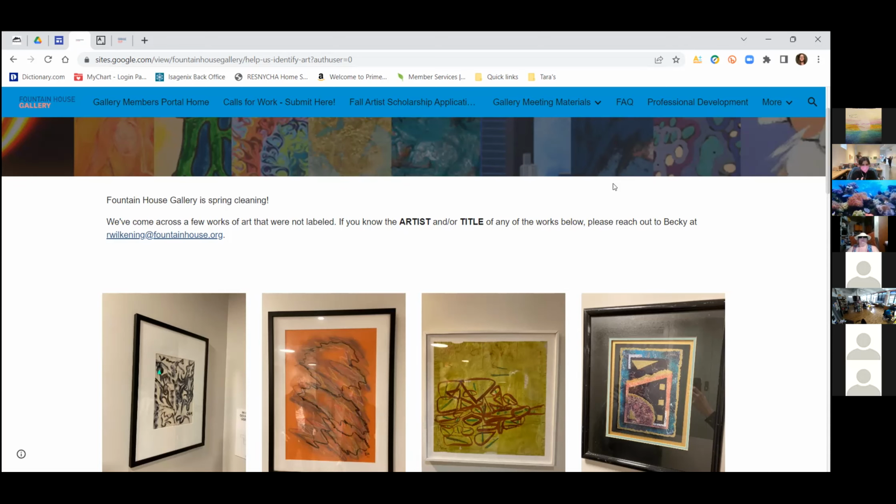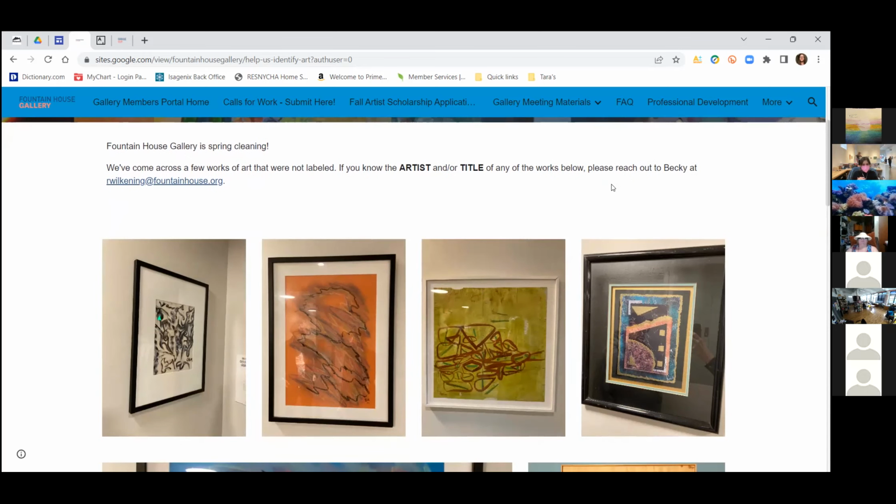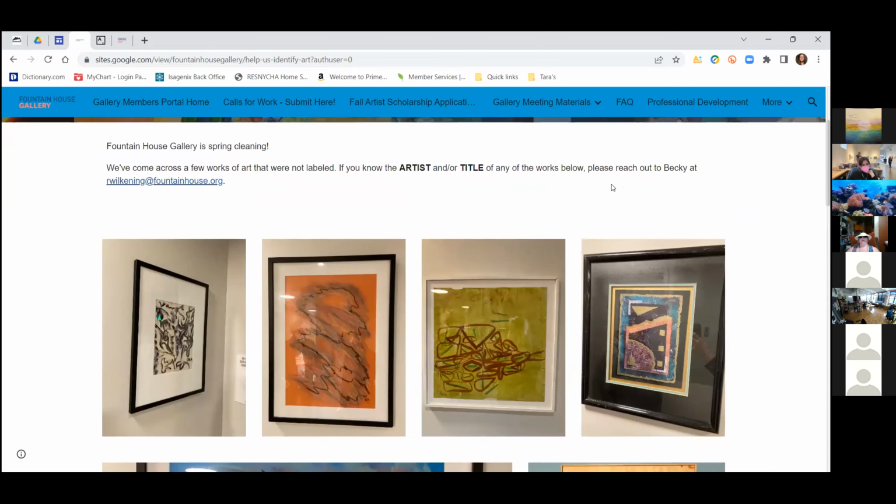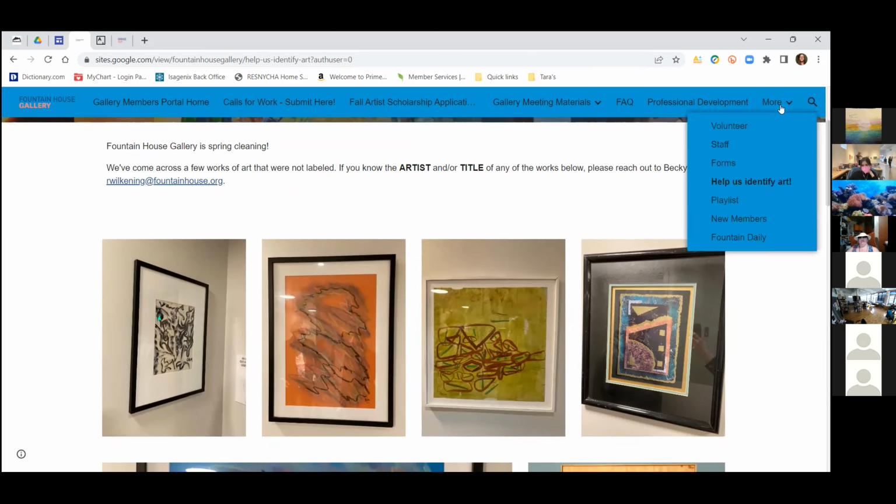Our inventory is actually pretty good. These were old, like 2000, which is why it was not in our inventory system. But if anyone here is interested, I have an art handling group and then inventorying, like making sure everything is accounted for. So that's another thing I want to focus on. So it's a good idea. So that's another group, Judith, that you could jump into. And then, so let me see. We've got the playlist, which